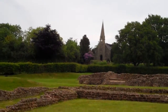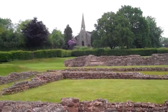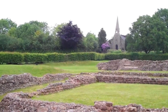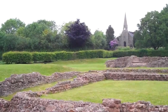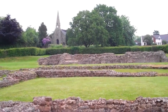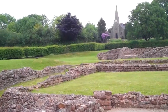These days Wall is rather smaller than it would have been in its Roman heyday. I guess the A5 is somewhat diminished in importance compared to how much of a central pillar to the Roman Empire in Britain it was at the time, and this would have been a well garrisoned fort along the way and a thriving little market town. These days it's a small village, since been taken over by the